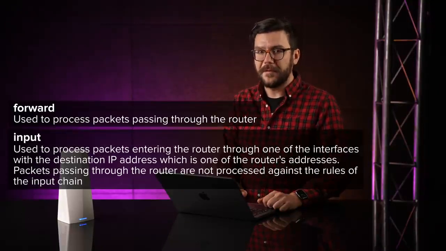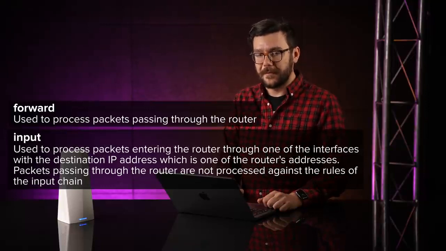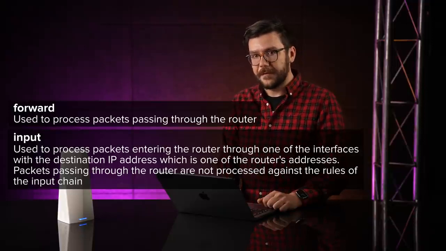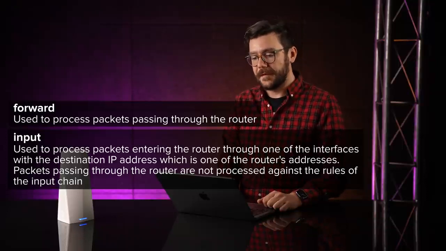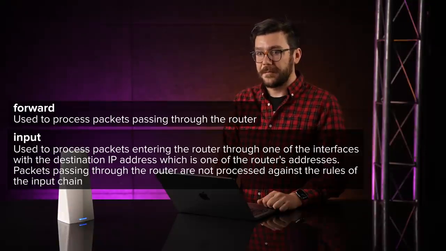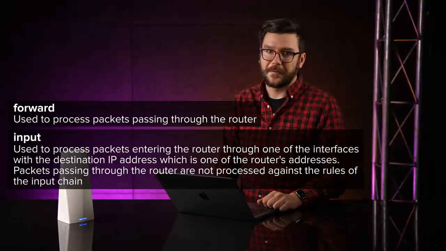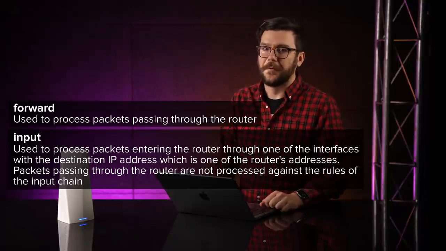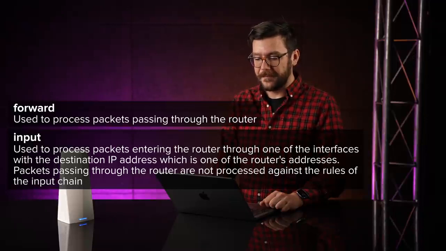Another chain is the input chain. This will look at traffic that is going to the router itself. So, for example, if you want to protect your router from attackers on the internet, you would put rules in the input chain. Same goes for traffic that is coming from your LAN. So sometimes you must also protect the device from your local network as well. No network is completely secure, so you should also control what's going on in your own network.